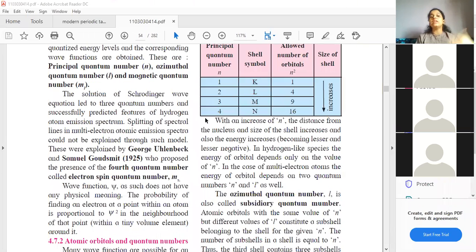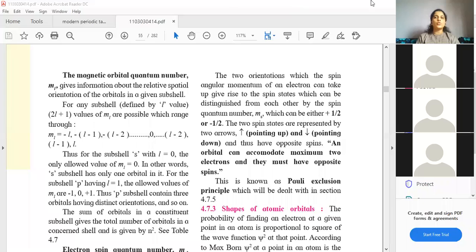Now let's move on to the next quantum number, that is m subscript l. Okay, fine. So students, here, you all can mark this first statement or first paragraph. Okay, what is small m? Small m stands for magnetic orbital quantum number. Okay, fine. I hope you all are marking whatever I'm asking you all to mark. Okay, fine. What is magnetic orbital quantum number?